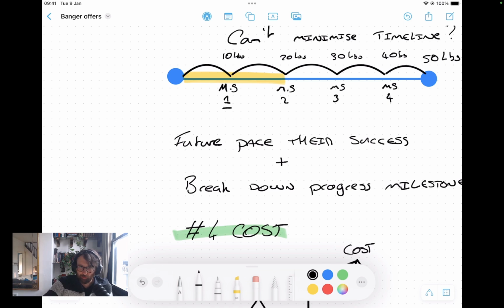You need to get them a quick early win so that they feel like they're on the right path to progression. You can't have somebody wait 3 months, 6 months to see any sort of progress. So you really want to weight the offer to get them a quick early win. It doesn't have to be massive. It just has to be along the right path.